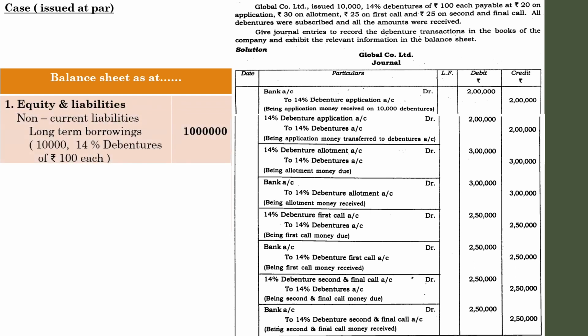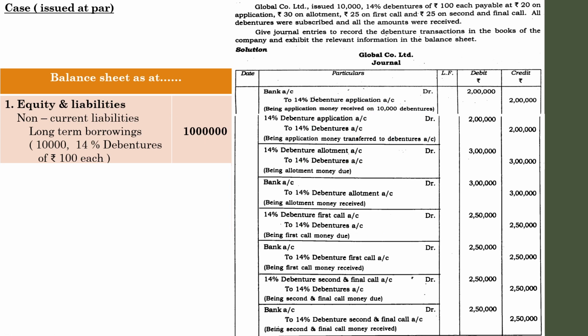We will begin with liabilities. The first head is equity and liabilities, which is a main head. Under that there is another subheading, non-current liabilities. Under non-current liabilities there will be a head, long-term borrowings. This is known as debentures. Instead of long-term borrowings, you can name it as 14% debentures, or you can write long-term debentures. And in the brackets you have to show 10,000 14% debentures of 100 each. Instead of showing this item in brackets, it is better to show 14% debentures, rupees 10 lakhs. 10 lakhs means 10,000 into 100, or you can add all these 14% debentures and you will get 10 lakhs.